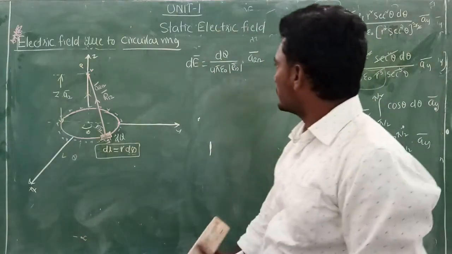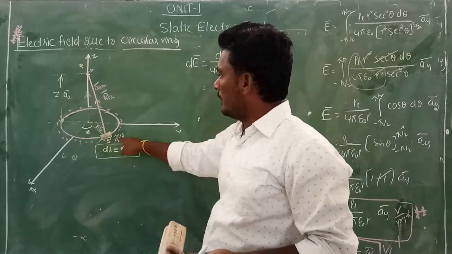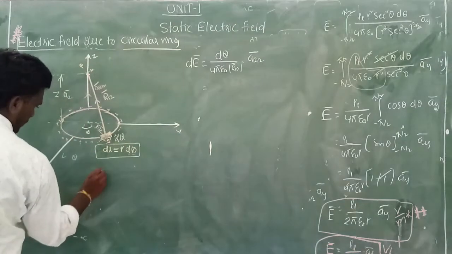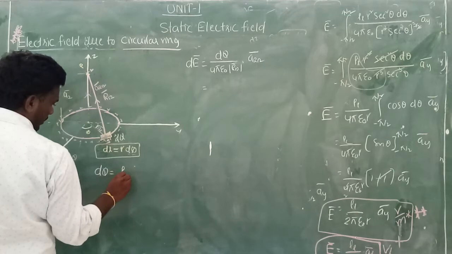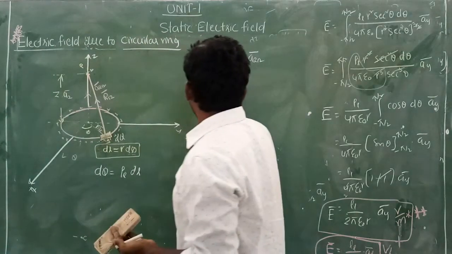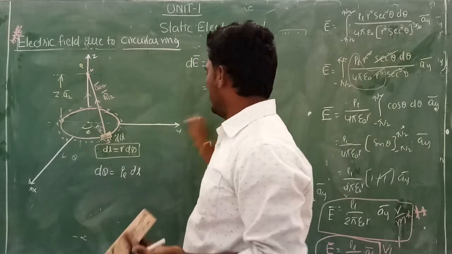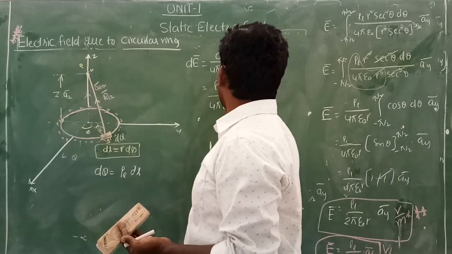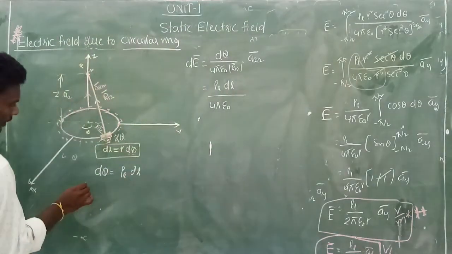Okay, now this is equal to, what is dq? We have a relation here from the previous explanation: dq is equal to rho L into dl. I am just substituting rho L into dl here. In the next step I will write 4 pi epsilon naught, and tell me what r12 is, and I will write r12 here.